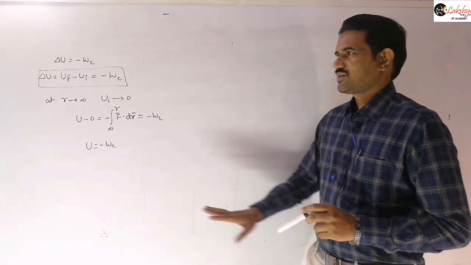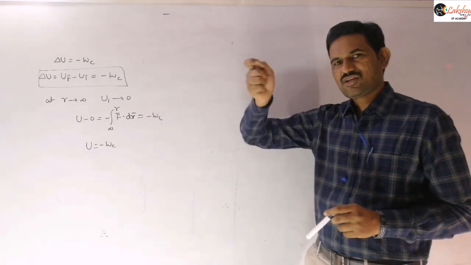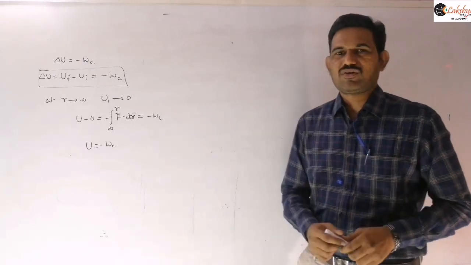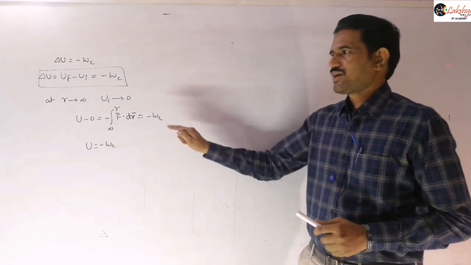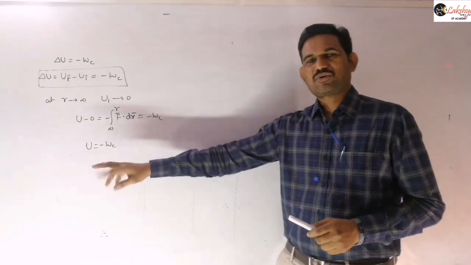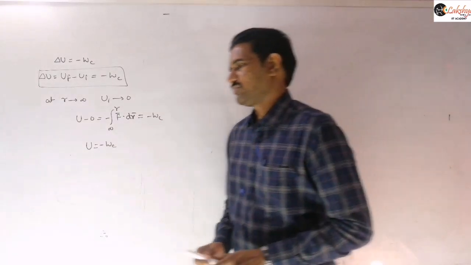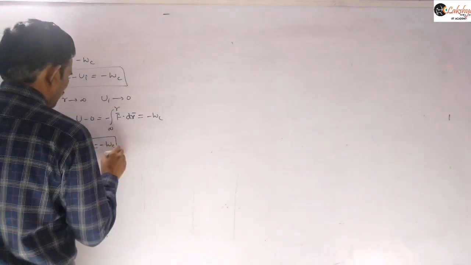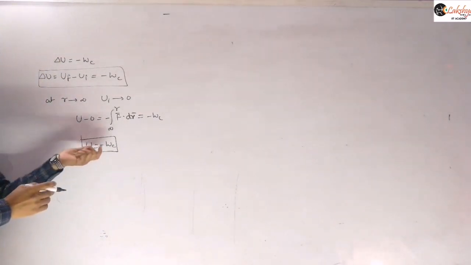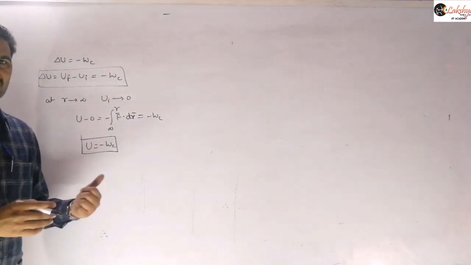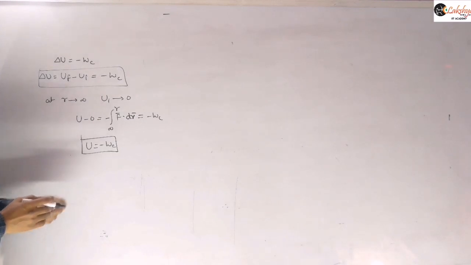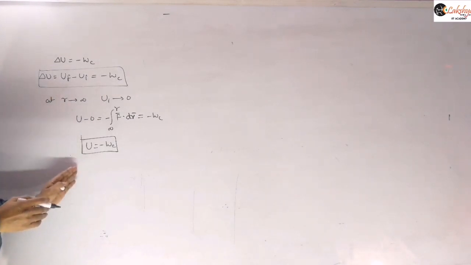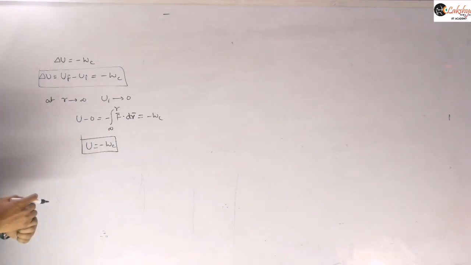Here basically you need to remember this relation: the change in potential energy is equal to negative of work done by the conservative force. If you take this limit, then you can also write the potential energy as the negative of work done by this conservative force. So in general we take the reference at infinity, right? Up to this we mentioned already in our last class.